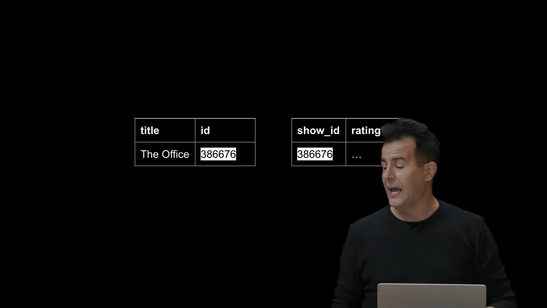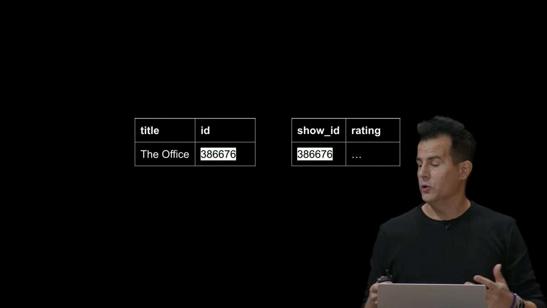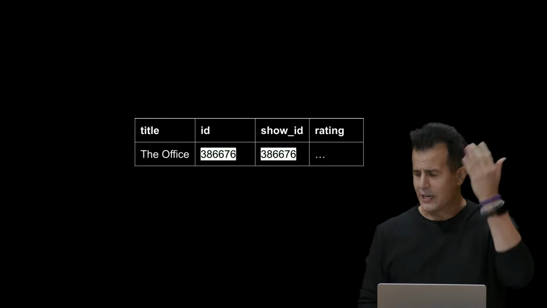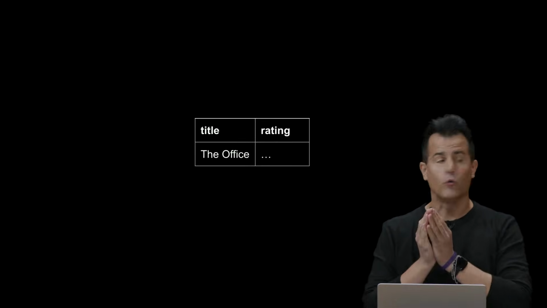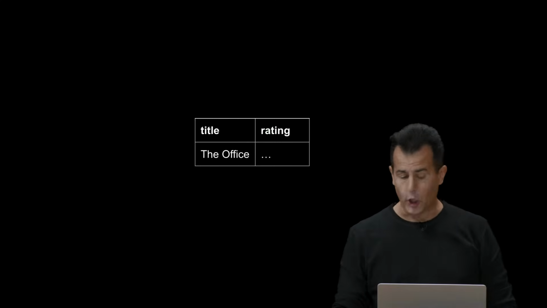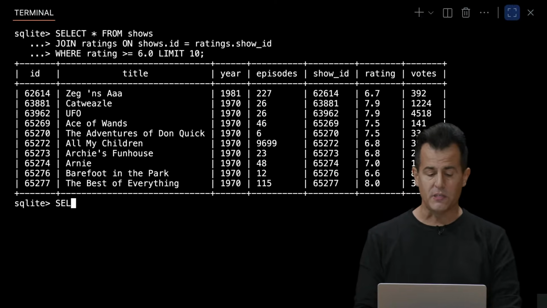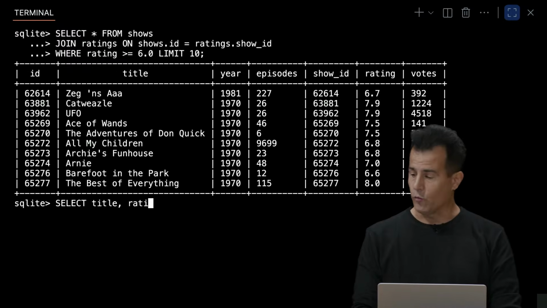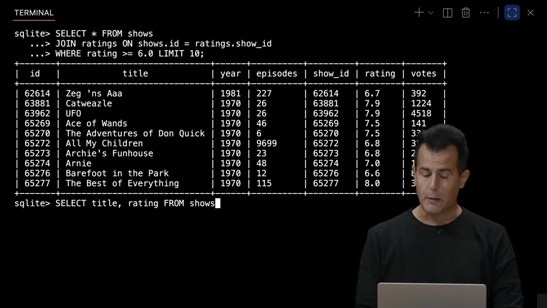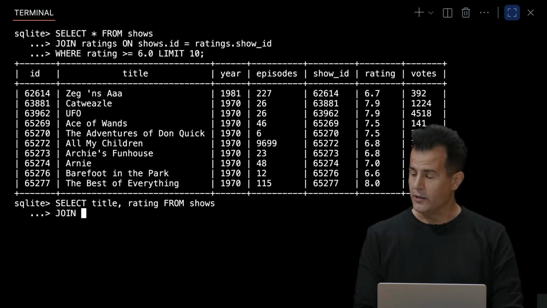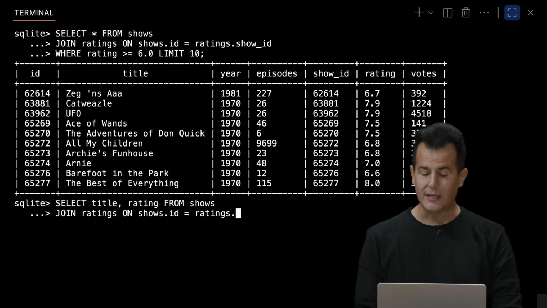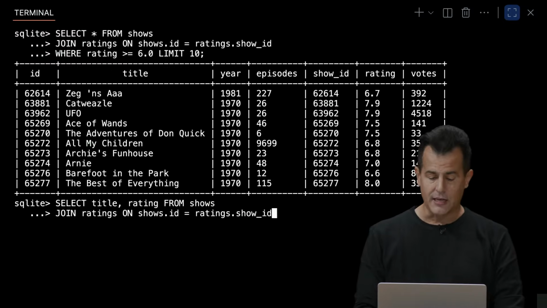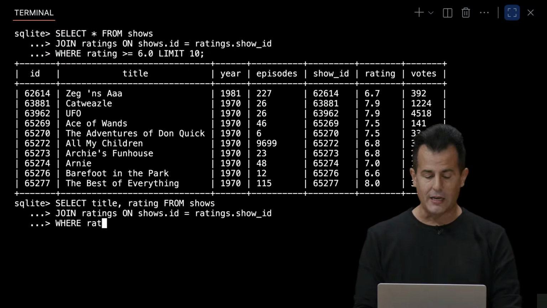Well, let's go ahead and in code achieve this sort of result. Let's literally join these tables together. Let's get rid of the redundancy altogether. And then really, let's whittle it down to just a title column and a rating column. So how do we do that? Well, in code, I'm going to go ahead and select more specifically the title of every show and the rating of every show from the shows table, but I'm going to join it with the ratings table on shows.id equaling ratings.show_id. And as before, I'm going to limit it to where rating is greater than or equal to 6.0 and